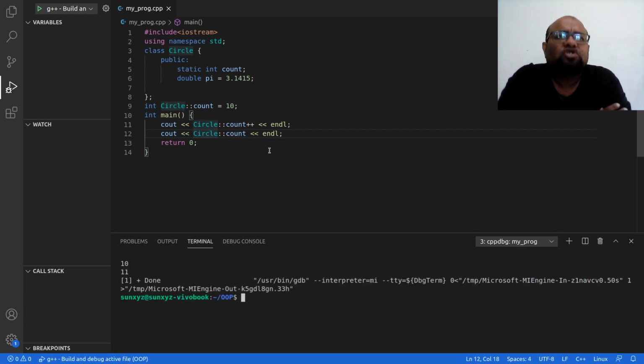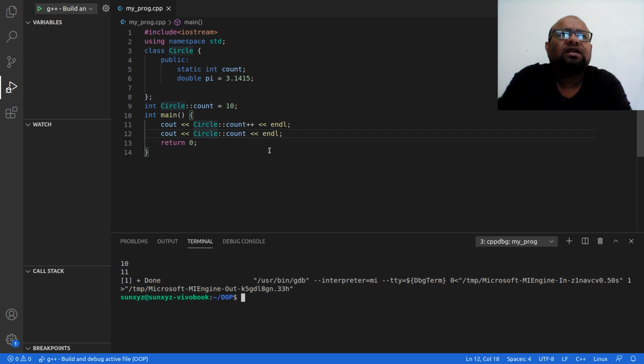So a few points to remember about static data attributes. These are actually not part of the object. This static data attribute is outside the object. So this count, which is a static data attribute of this class Circle, will be allocated memory in the data segment. And this pi, for example, is also a data attribute, but it is non-static.